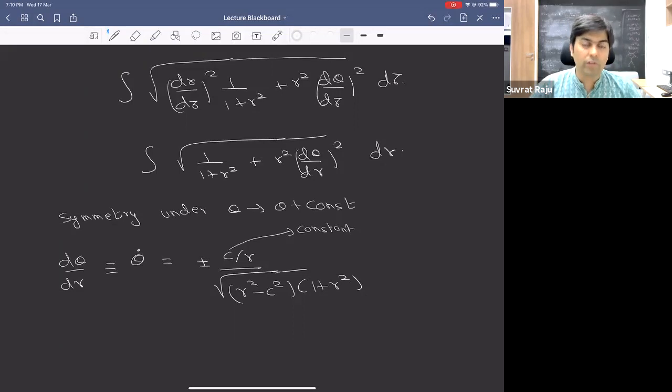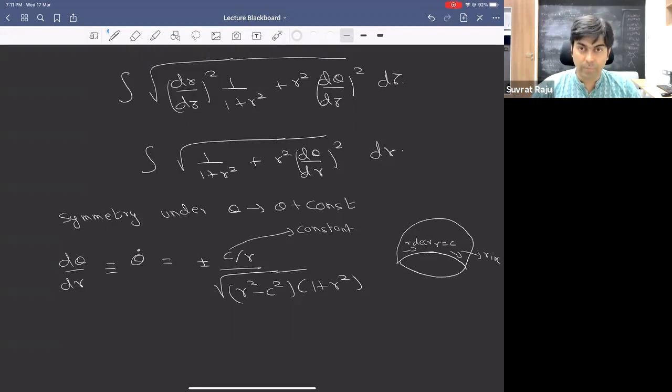You see that you have a choice of what the sign of d theta by dr has to be. And what does the fact that you have a choice tell you? The fact that you have a choice is rather simple to understand. It's the fact that when you think of the surface, it is moving first in decreasing R. So first R decreases and then R increases. So if the surface is moving along some orientation of d theta, you see that the way you should think of the surface is that d theta by dr is first negative, and therefore R decreases. R decreases to some value which is R equal to C,